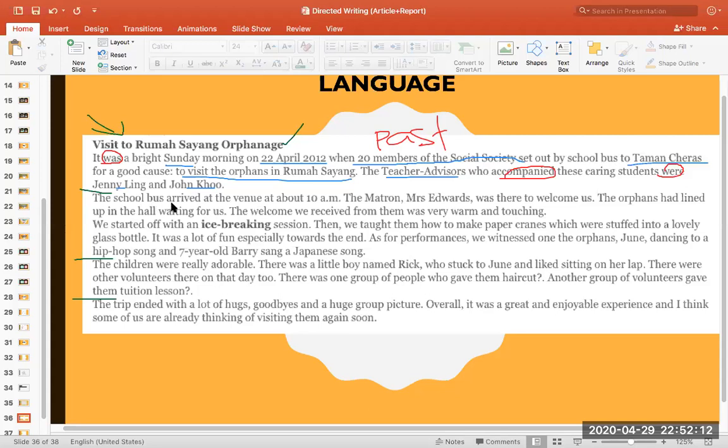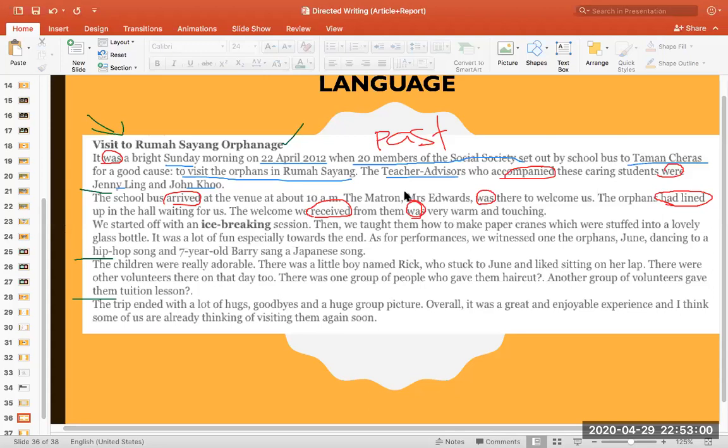The school bus arrived at the venue at about 10. Dia bagi tahu the matron, Mrs. Edwards, was there to welcome us. The orphans had lined up. This is a different tense. Let me explain later. In the hall waiting for us, the welcome we receive. Again, dia punya ayat, kamu tengok ada lain sikit. Welcome yang kami menerima dari mereka adalah sangat